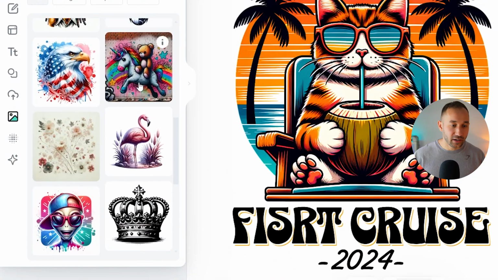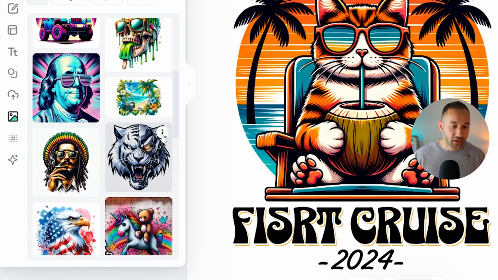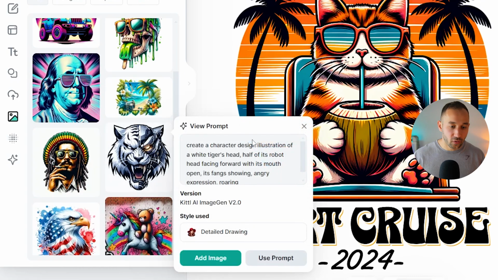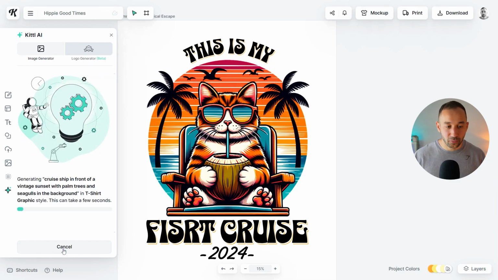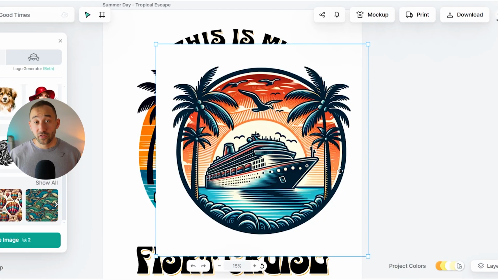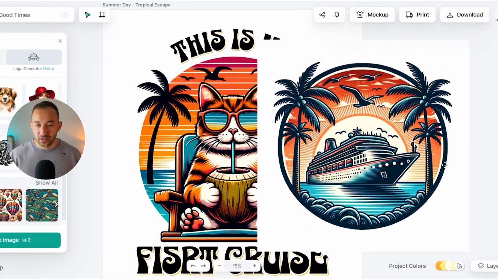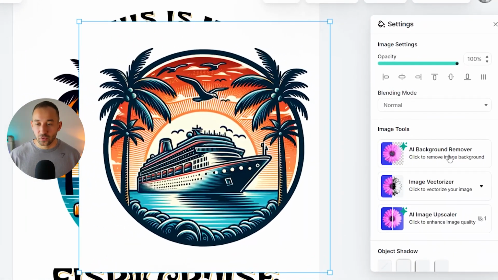And if you like any of these results, you can also find the prompt associated if you click on the information symbol right here, and you can use the prompt by clicking on this button as well. But let's go back and actually hit generate on this because I want to add a new graphic to this template. I've already changed the text right here for a different niche. So here we go. A few seconds later, we've got a pretty neat result,